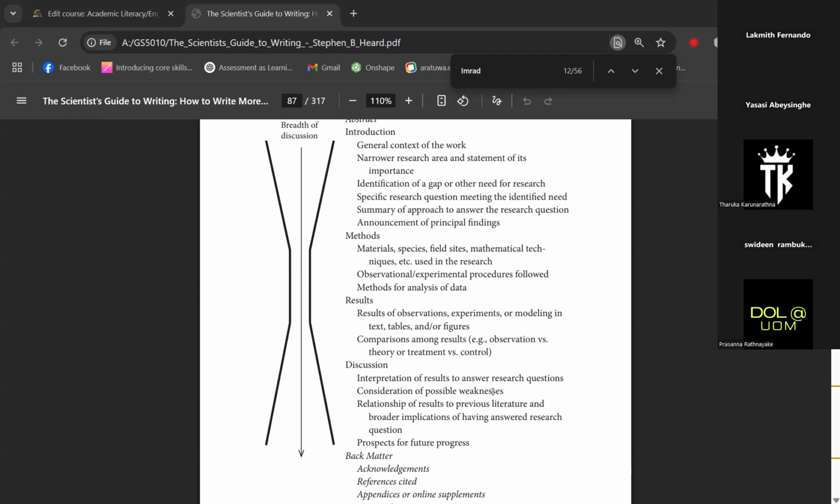He particularly talked about how this breadth of discussion changes from the introduction section, and how it becomes narrower towards the methods, and then we specifically spot out the results, which is very narrow. Our breadth of discussion becomes very narrow, very specific, and then again our breadth of discussion becomes wider towards the end of the report, where we connect our research into the wider